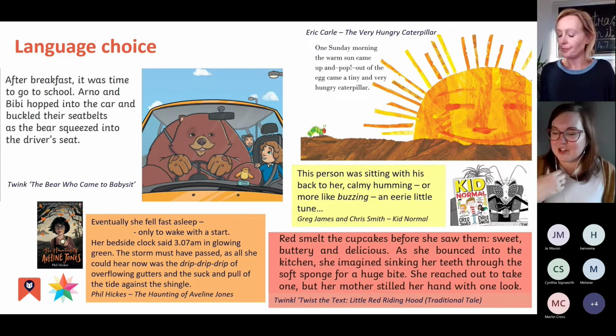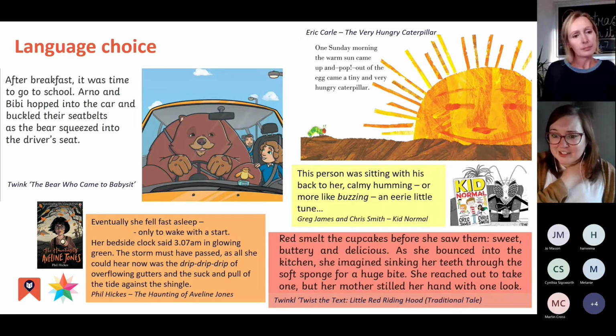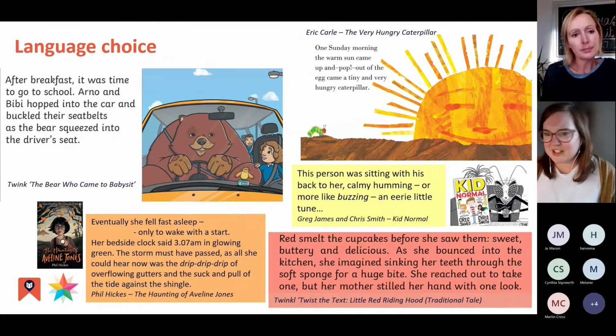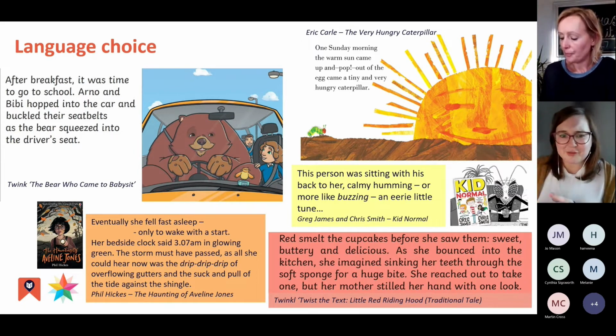I did this with a child fairly recently, and I just said, oh, which word do you think on that page tells you that it was quite a tight fit for the bear in the car? And straight away she was like, squeeze. And I said, oh, tell me a bit about the picture. How do you know that? And building on those ideas of, well, that author has chosen that word specifically to show something. I think it's really great to pick out those ideas.